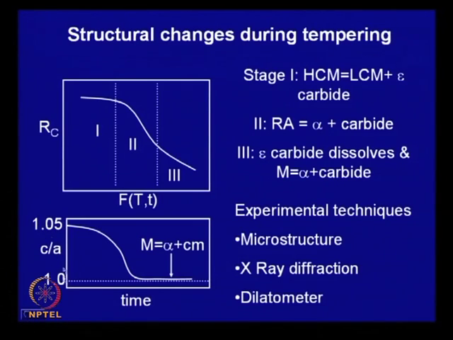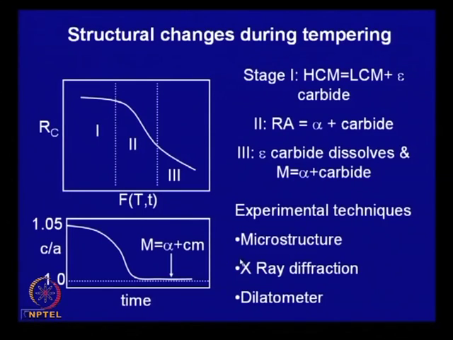And if you plot this against, let us say, tempering time at a particular temperature, you will find that the C by A ratio changes like this. So, this X-ray diffraction is a powerful technique to follow the kinetics of transformation that takes place during tempering in steel. And apart from this, we obviously use microstructural examination also as a tool